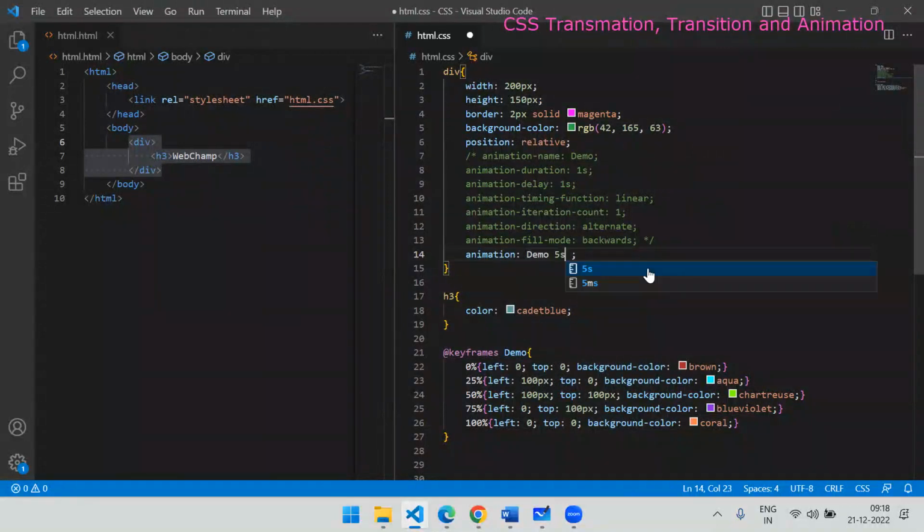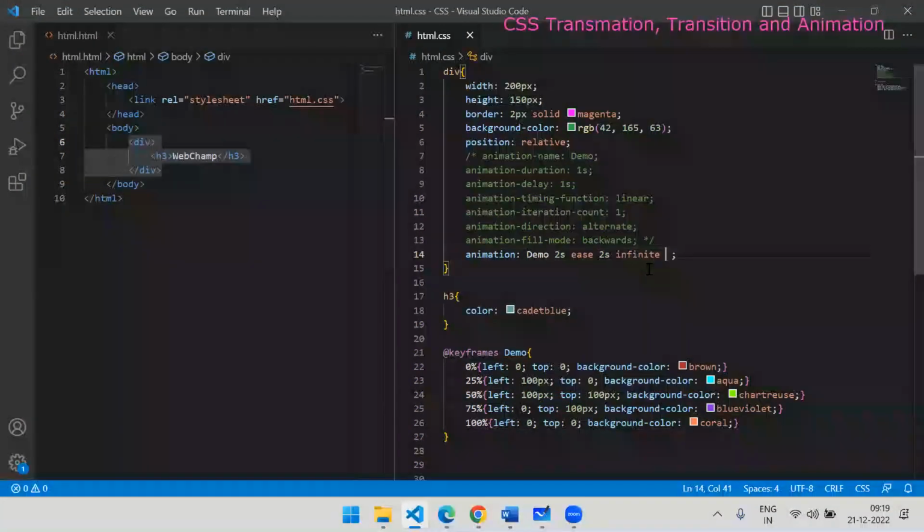That is the shorthand. Later on, I have to give the timing for the animation, I mean animation duration. I will say animation duration is 2 seconds. After that, I have to mention the animation timing function, I will say ease, this is the default. Then what the animation delay should be, you have to say that time. Later on you have to say what the animation iteration count is. So for animation iteration count, if you want, you can say infinite, or any number, 1, 2, 3, 4, whatever number of times you want to repeat the animation, you can say that count. And at last you have to say the animation direction,